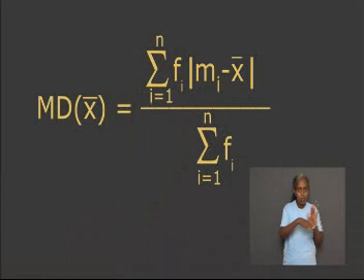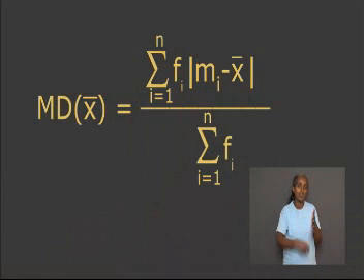Therefore, to find the mean deviation for grouped distributions, we use the midpoint of each class, represented by M, rather than an X